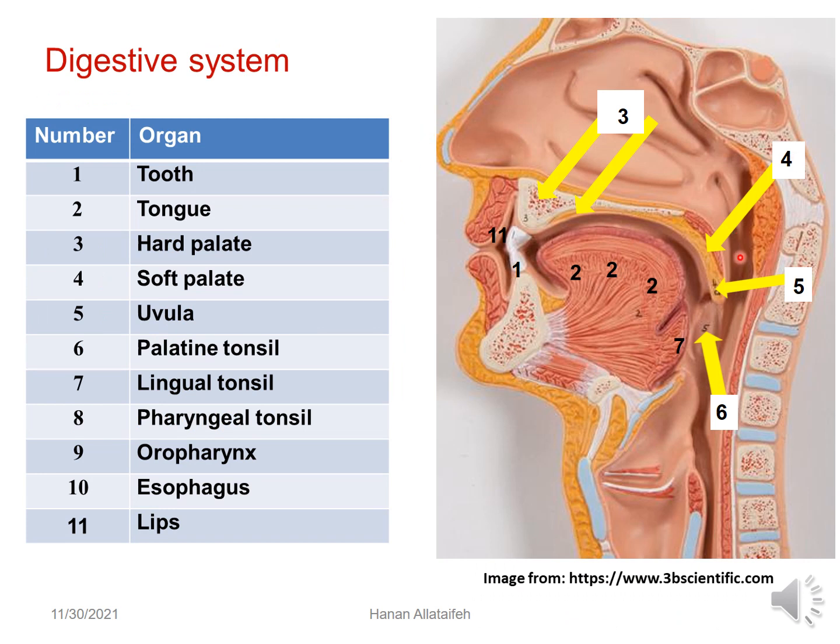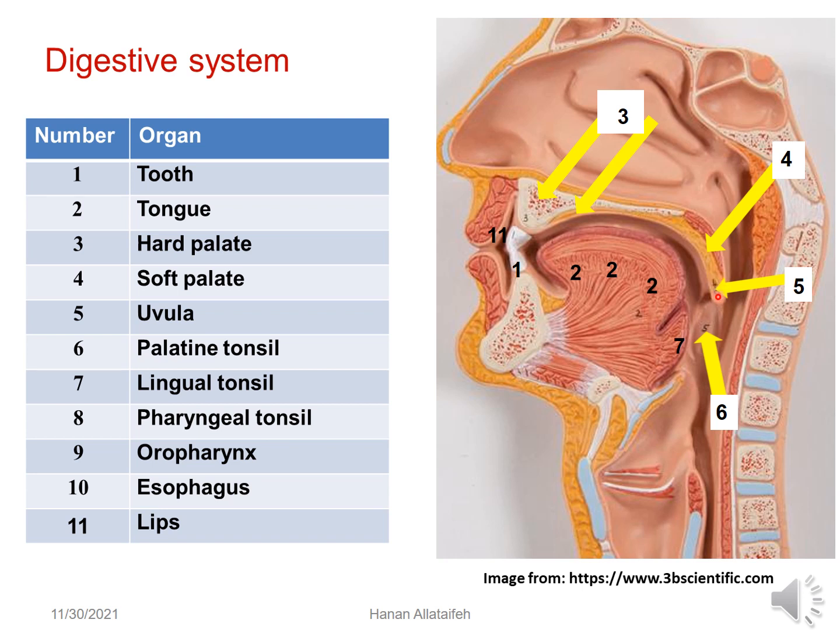We will begin with this picture. Okay, we have a similar model in our lab. Firstly, you can notice this is the lip, here teeth, this is the tongue, it's a skeletal muscle. We have here the hard palate supported by bones, here the soft palate, and here the midline structure, uvula, soft